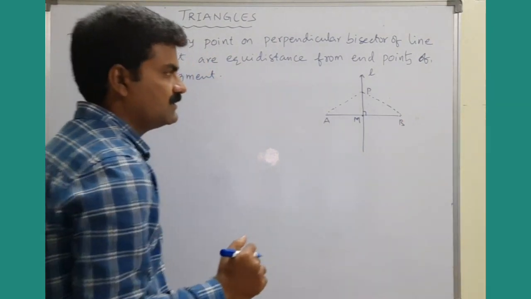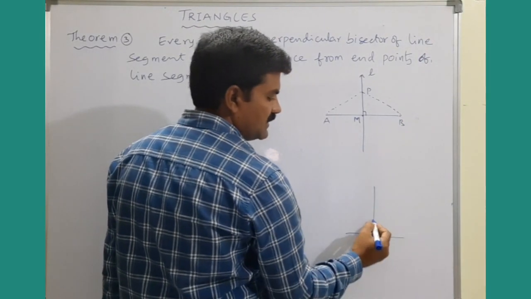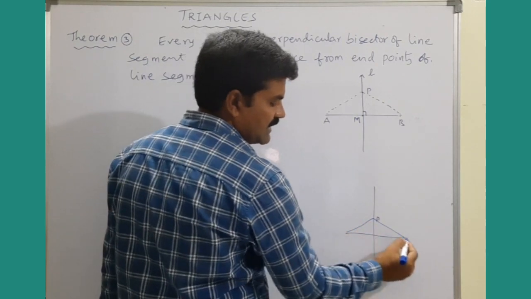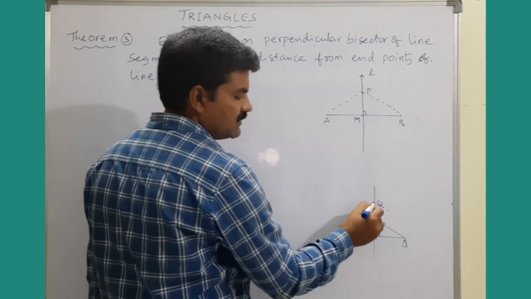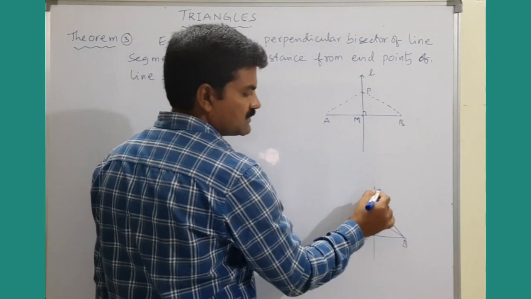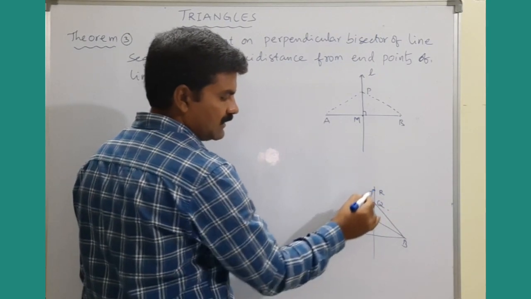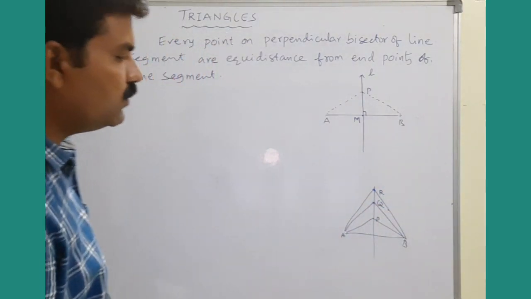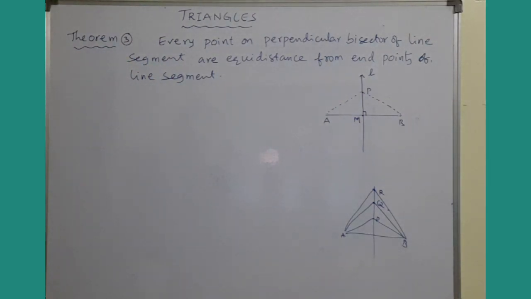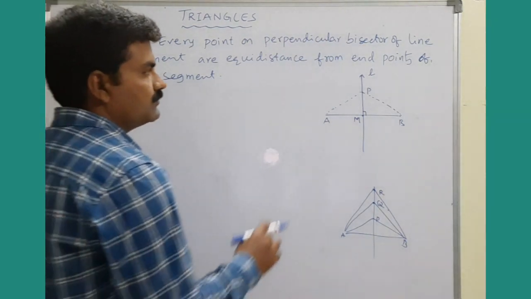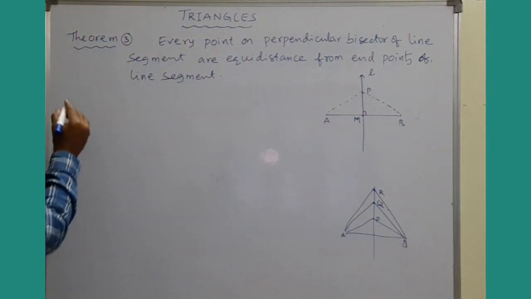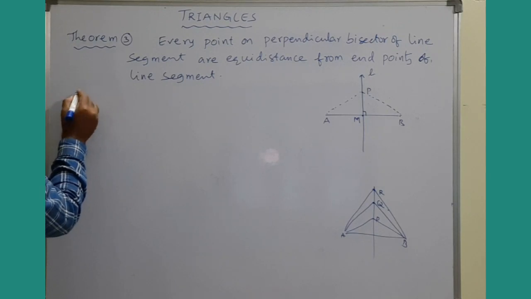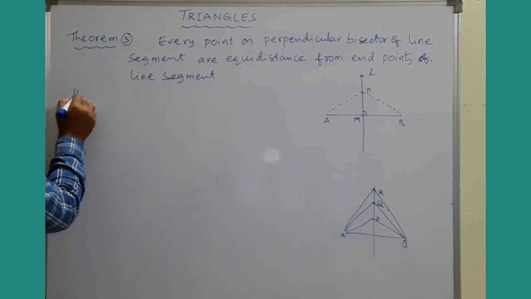This is the concept. Not only P, here I mentioned that P is equidistant from both A and B. If suppose this is the point Q, then no doubt Q is also equidistant from both A and B. And suppose this is R, then R is also equidistant from both endpoints of the given line segment. Right? So look at that. How to prove that now? We have to prove clearly PA is equal to PB. Fine. So first of all, write a hypothesis.